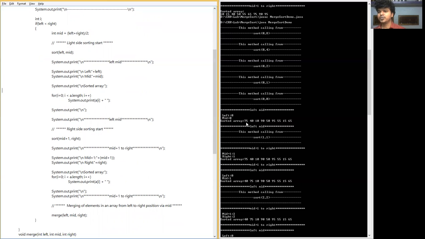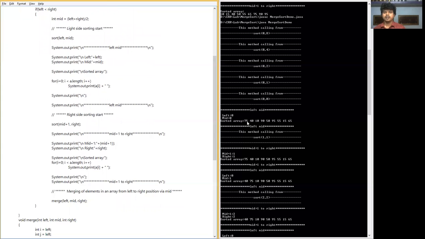Still now we could not apply any kind of sorting technique because we could not apply it on a single element. Such a technique could not be applied on a single element. That's why the array remains the same as the previous array. Whatever input we are considering, that appears similar now, because we could not apply any sorting technique on this single element.